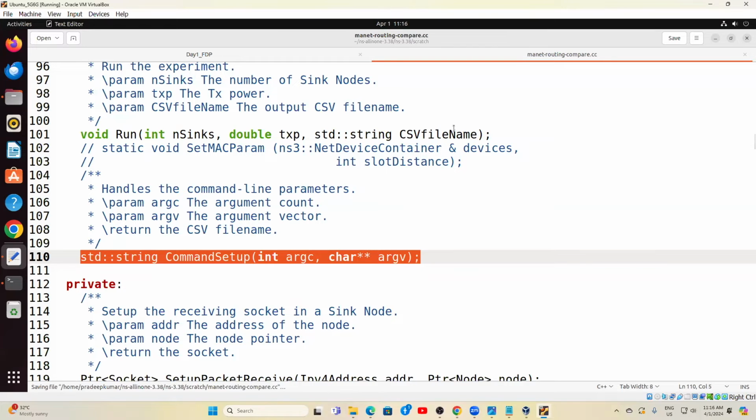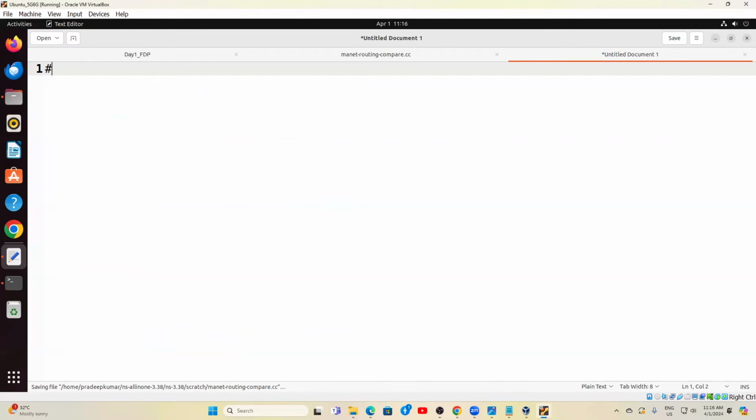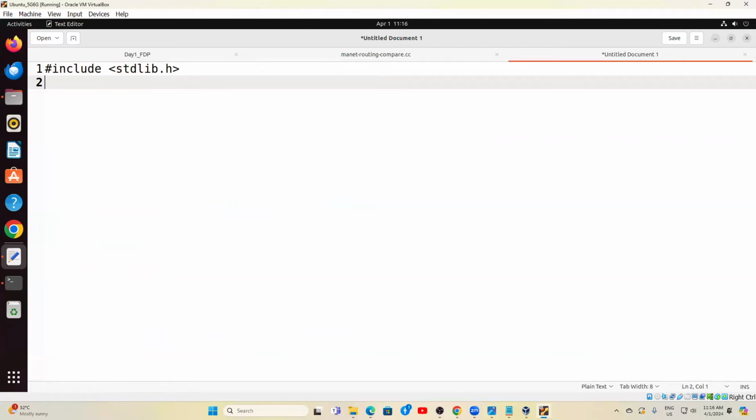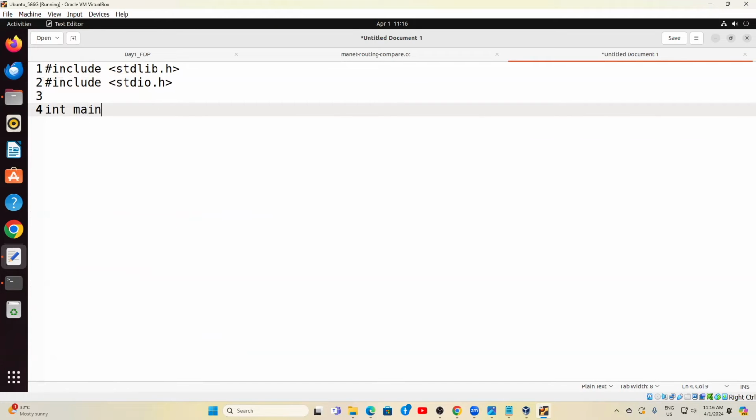Let me show you a small program. Hash include stdlib.h, then hash include